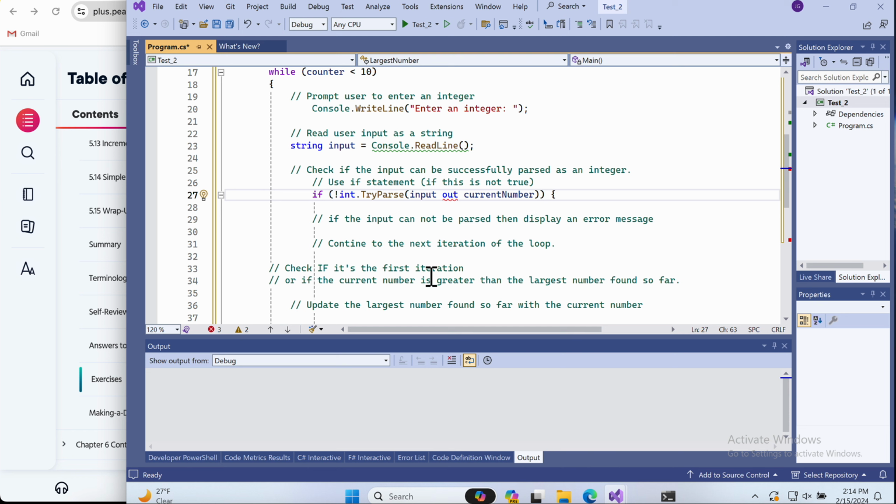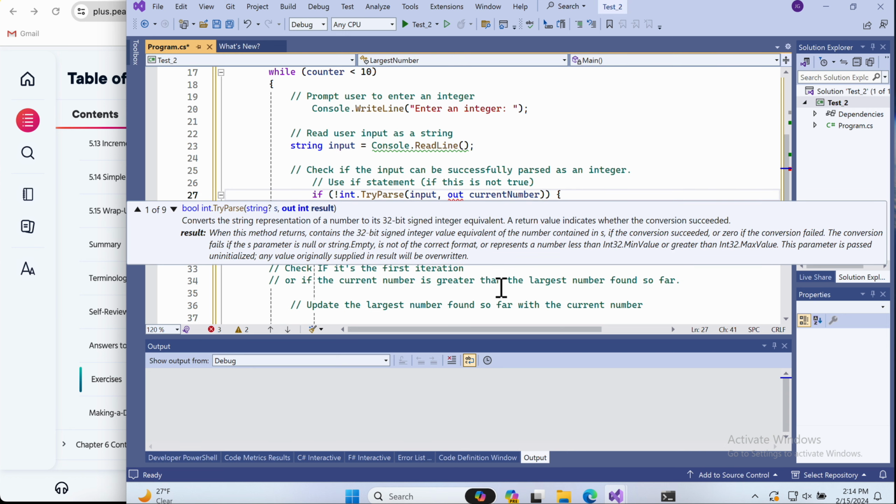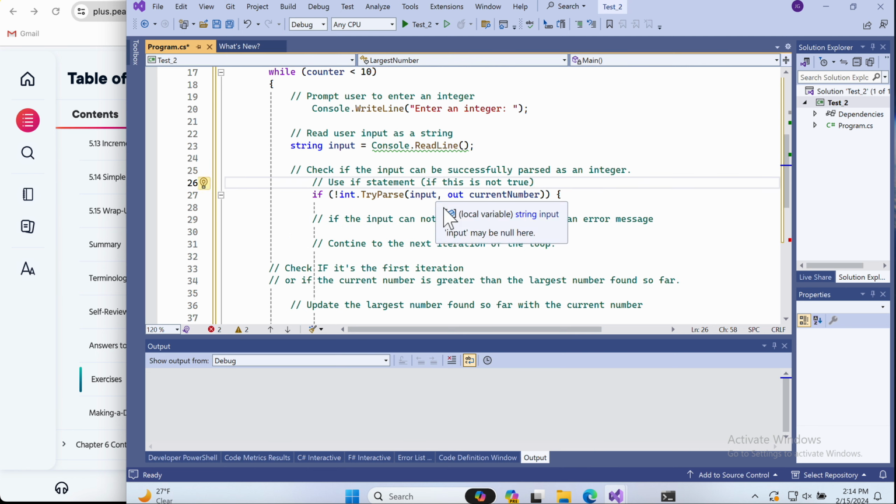Okay? So remember this is saying if this is not true. If the input cannot be parsed, then display an error message. So this is saying if this is not true, so it cannot parse it. So I need a comma there. Input, comma. So you're seeing if the input can be read as an integer or not, and then it's going to give this value of the input to the current number. And if it cannot parse it into an integer, then we're going to